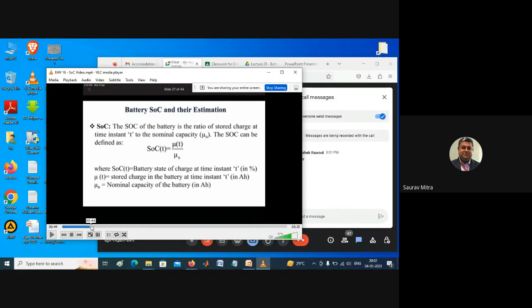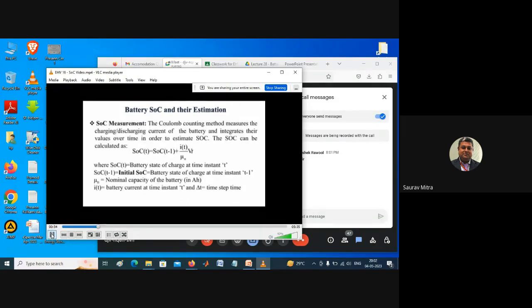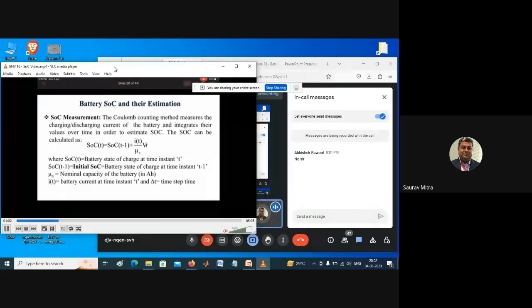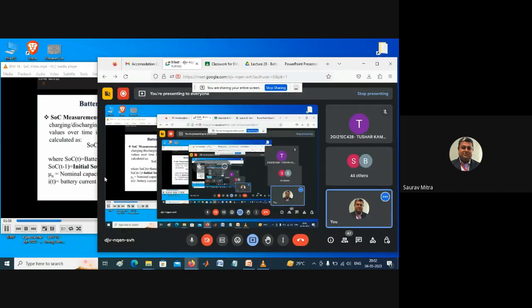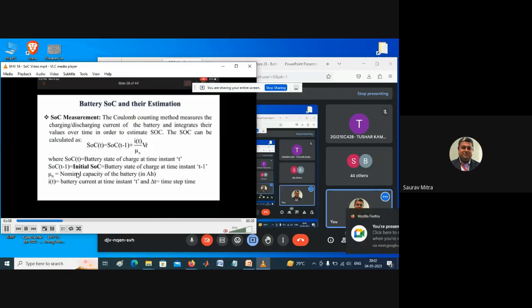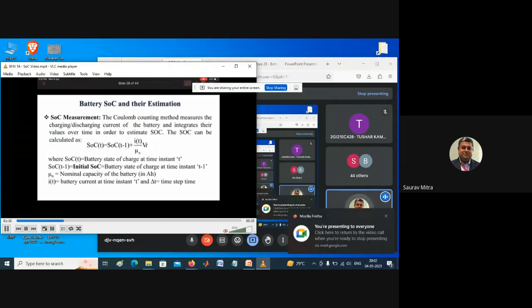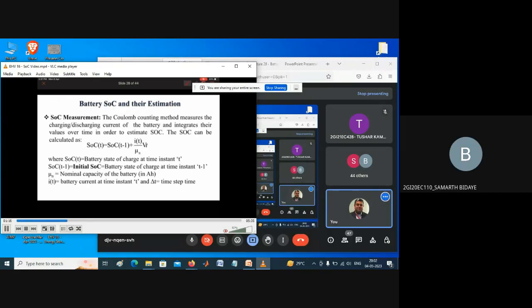The same equations, whatever I have written, this fellow has explained all these equations. I will upload this, and this slide is now visible at least. This video is now visible: Battery SOC and their estimation. At least, can you tell me whether this video, which I have stopped, is visible or not? Yes, sir, it's visible. So the same equation I have shown to you,